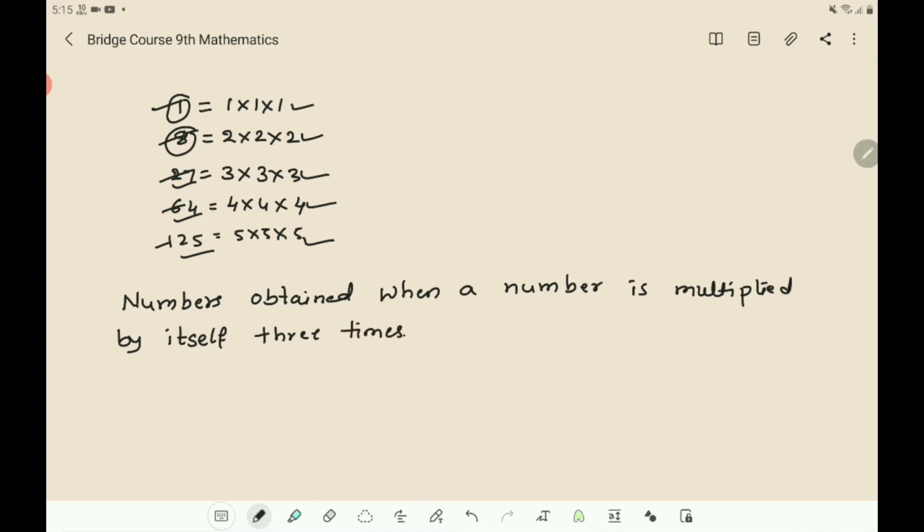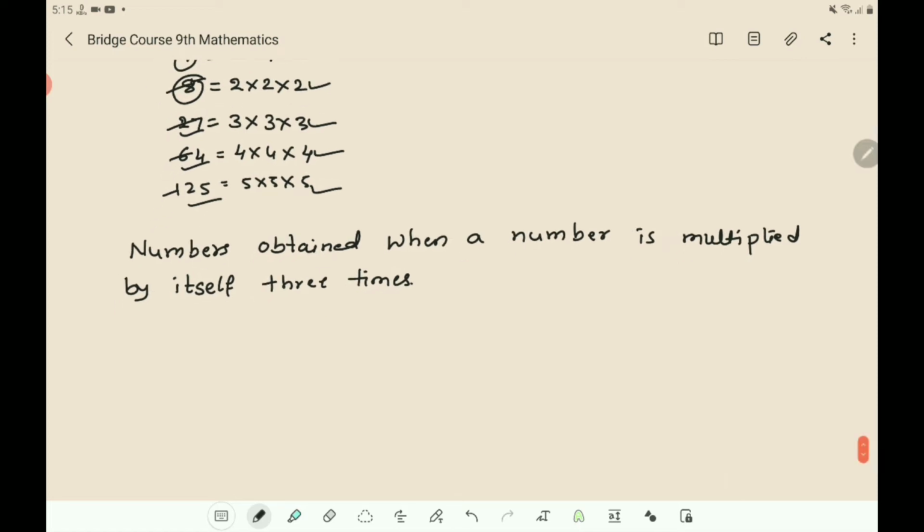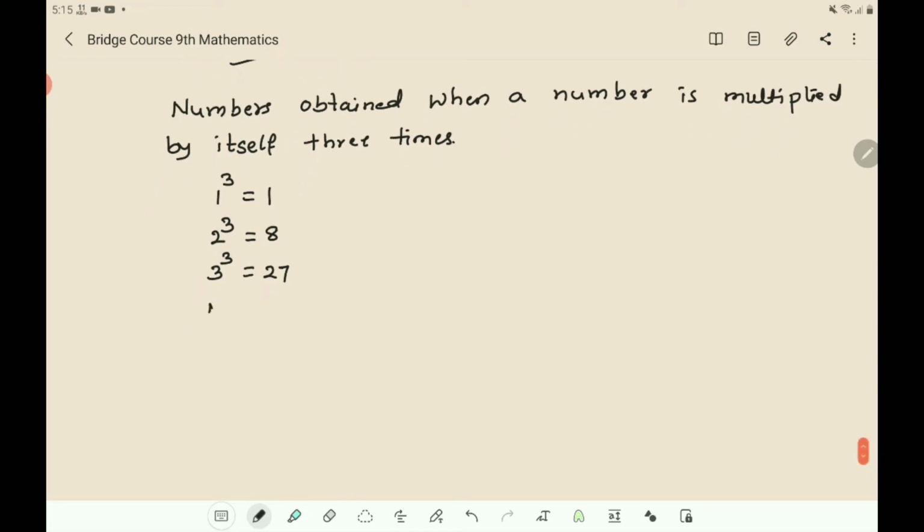You already learned that a square number is a number obtained when a number is multiplied by itself 2 times. That is a square number. Here, when a number is multiplied by itself 3 times, the new number obtained is called a cube number. So 1 cube is 1. Then 2 cube is 2 into 2 into 2, 8. 3 cube is 27. And 4 cube equals 64. 5 cube equals 125. Then 6 cube is 6 into 6 into 6, that is